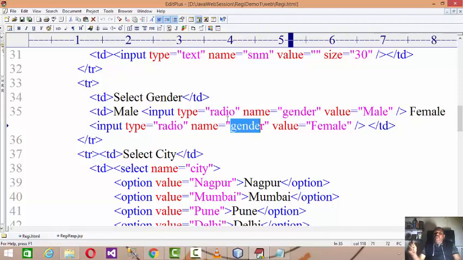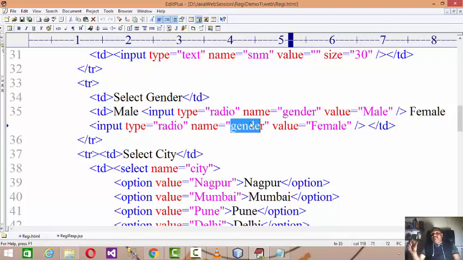They will not belong to one group, and then whenever you post the data, the selected radio button will post its data, and the other button also posts, and that is called the null value over there, right?